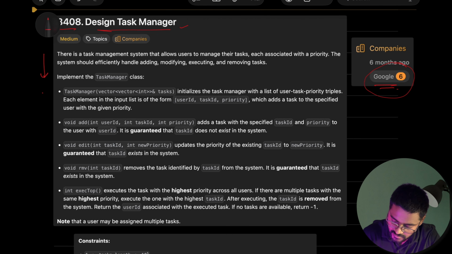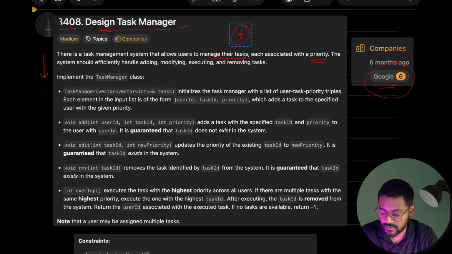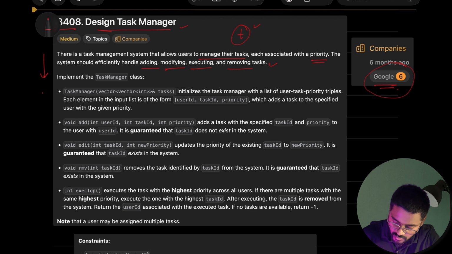There is a task management system that allows users to manage their tasks, each associated with a priority. So we have to deal with a task management system where each task is associated with a priority, and the system that we are about to build should be able to handle adding, modifying, executing, and removing tasks. So these are the operations. We have to implement a class in short, and this class is going to have a